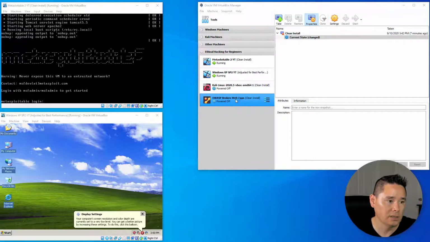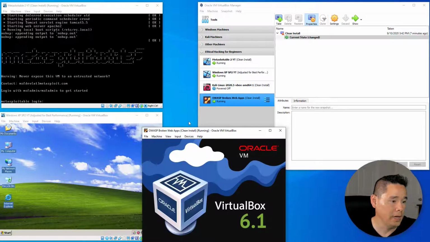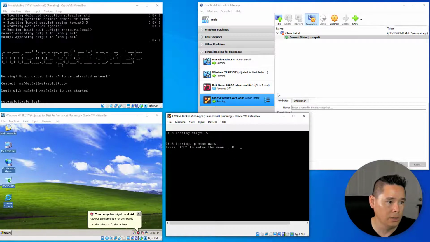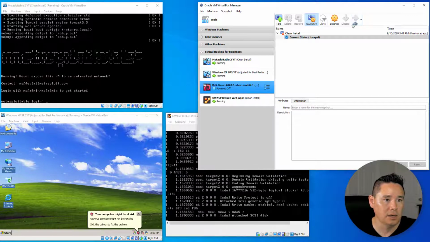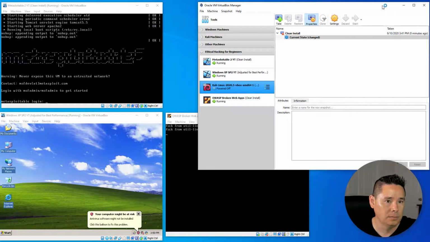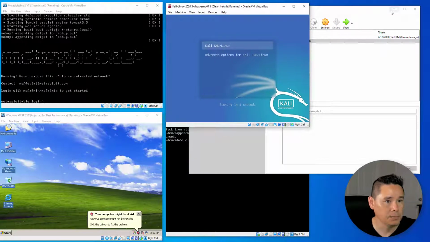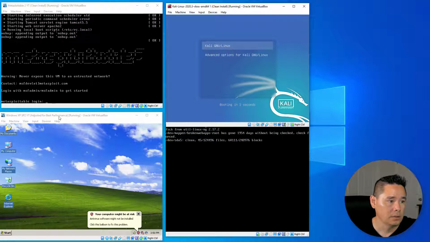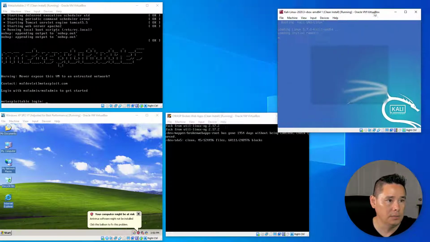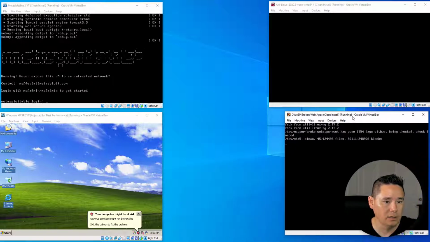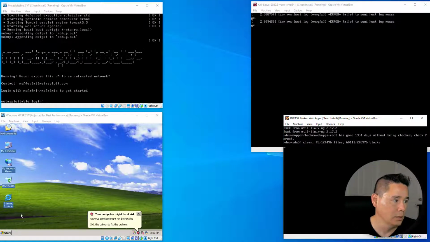So let's go ahead and start up the OWASP Web Apps as well. Going to go ahead and start up this one down here as well, and then we'll go ahead and start up Cali. And I'm going to go ahead and minimize my VirtualBox manager. And what we can do, I know that these aren't really tiled perfectly and nicely, but what we can do